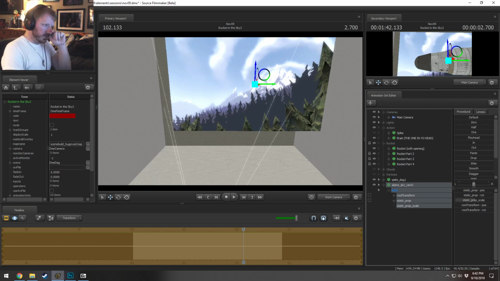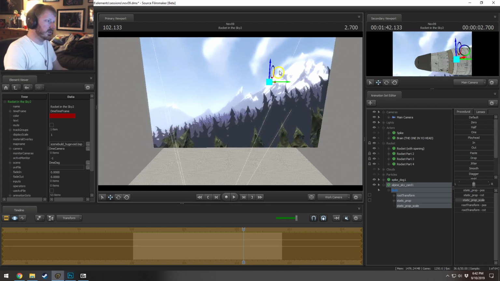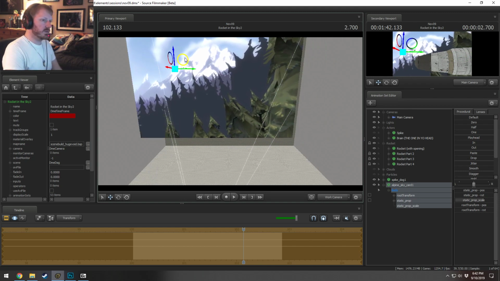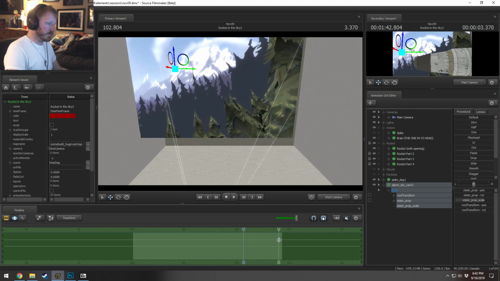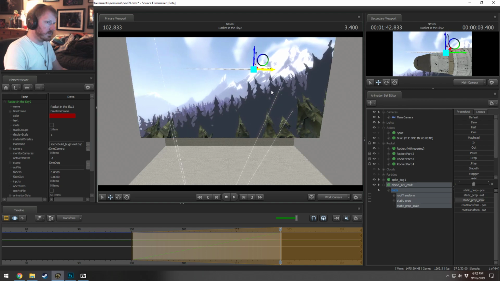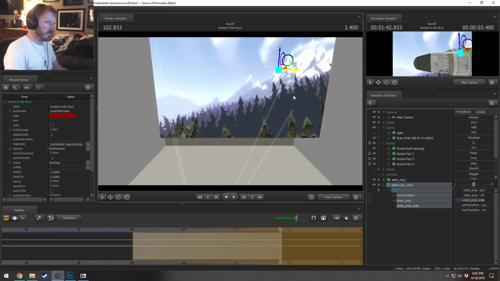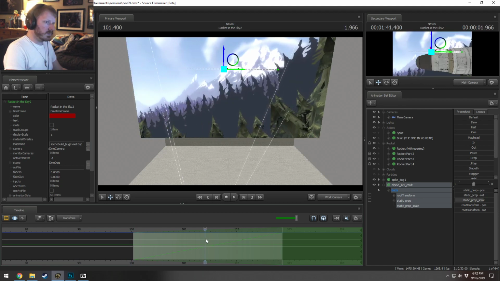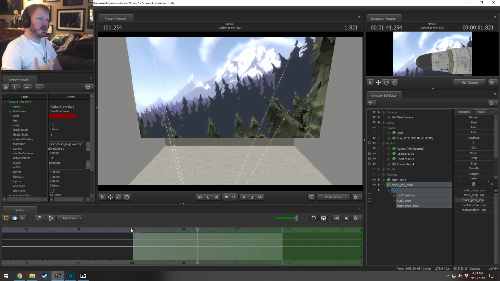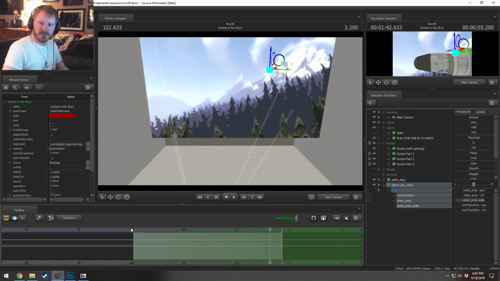I'm gonna have to actually make this excessively large just because I have to have it pan the whole thing. I don't need to have it pan the whole thing, but